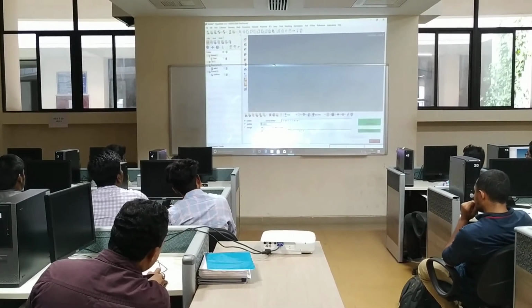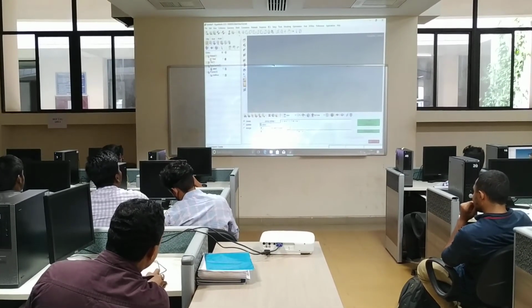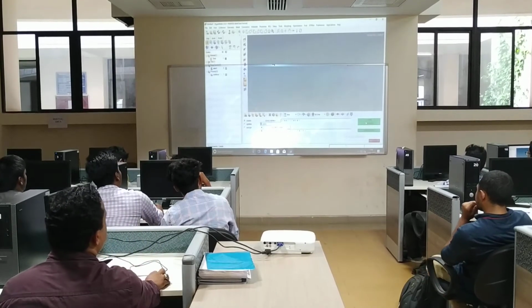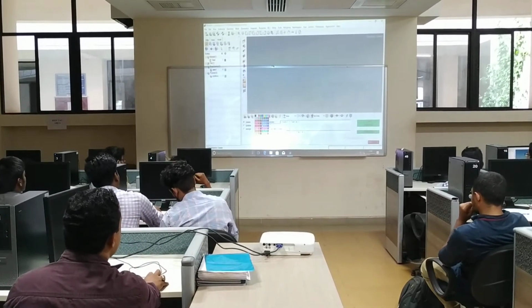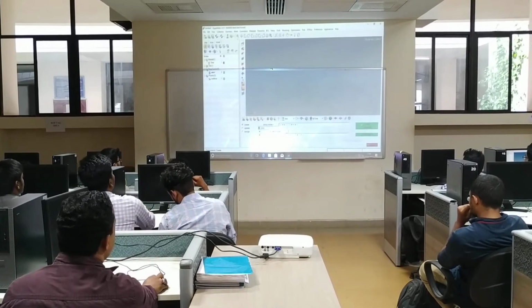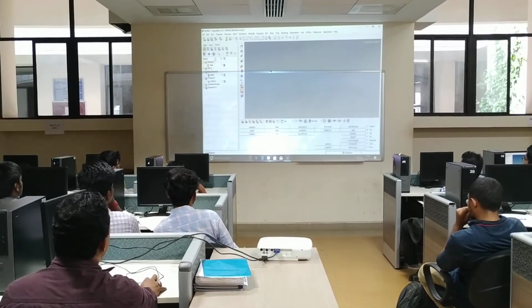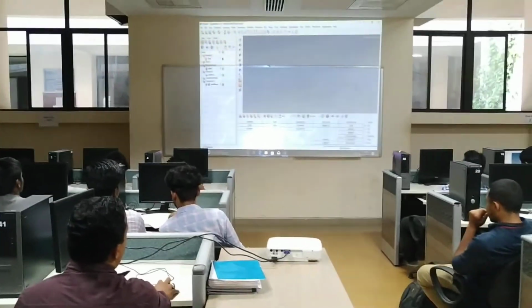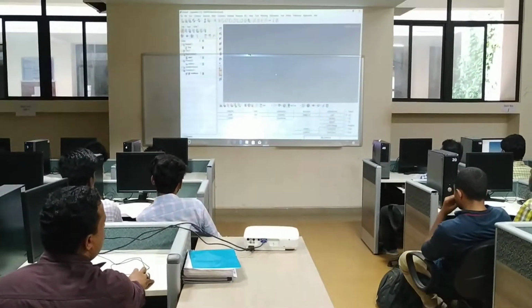See here, the coordinates will come. Then material will be selected. Coordinates also selected. Now you create. If you want to change color, you can change color. Just create. Okay, once you have selected everything, then I have to create the model here. Okay, tell me the model size and dimensions.